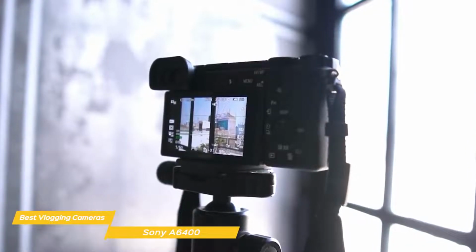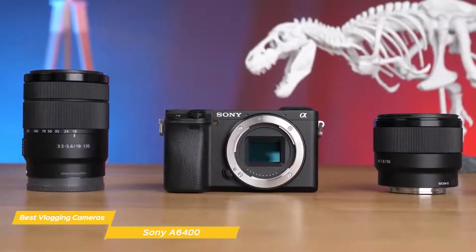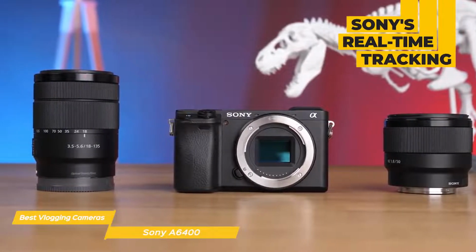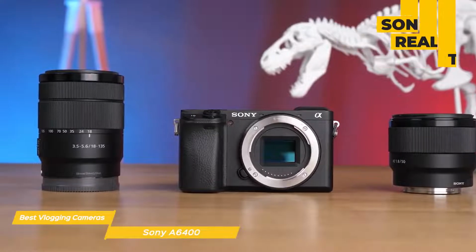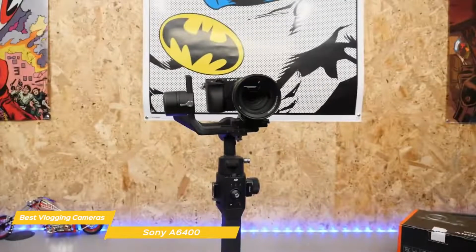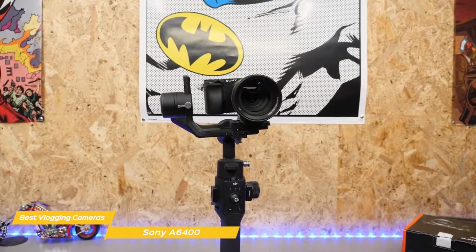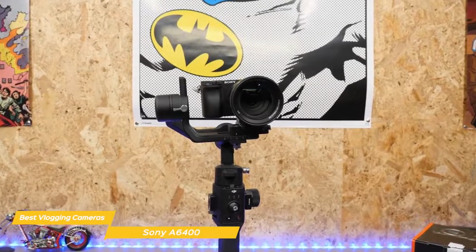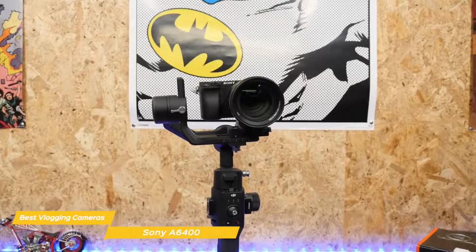with XLR adapters. The autofocus system is super fast, and is equipped with Sony's real-time tracking and real-time eye autofocus technology that uses predictive and recognition algorithms. This means you can select a subject, and the camera will track it around the frame. The autofocus will automatically use face and eye detection, but if the subject turns away, the camera will revert to